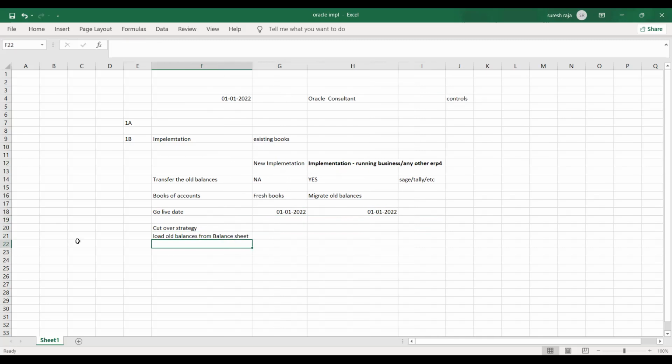So the Indian accounting year is April to March. I am going to implement in January. So for P&L, profit and loss accounts, we also have to bring forward the balance up to December end.